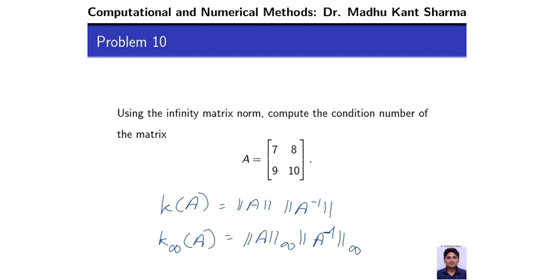Okay, right. For the inverse, if you recall A is 7, 8, 9, 10. So if you try to find the A inverse, it is equal to,